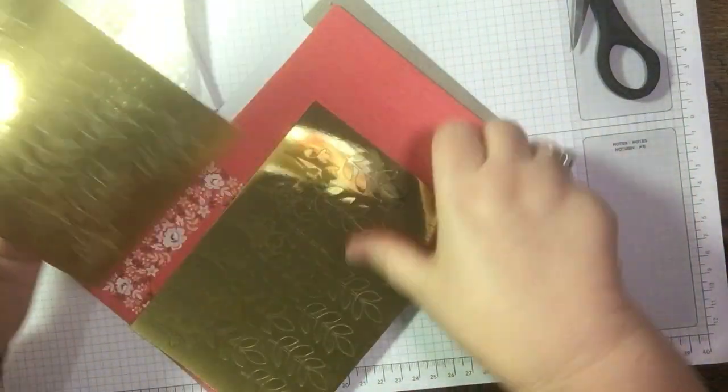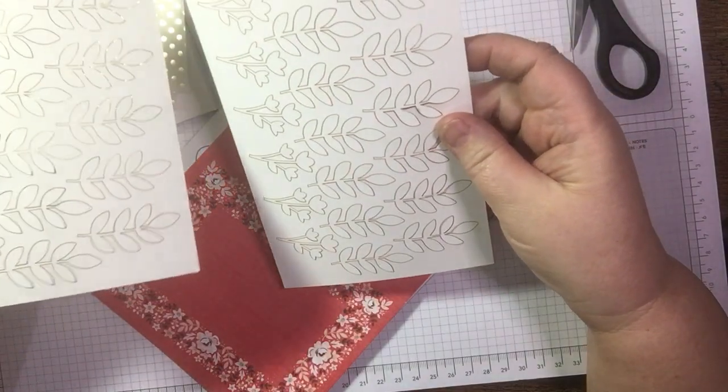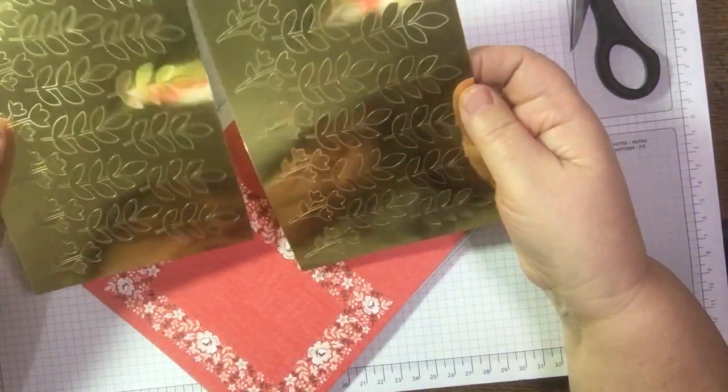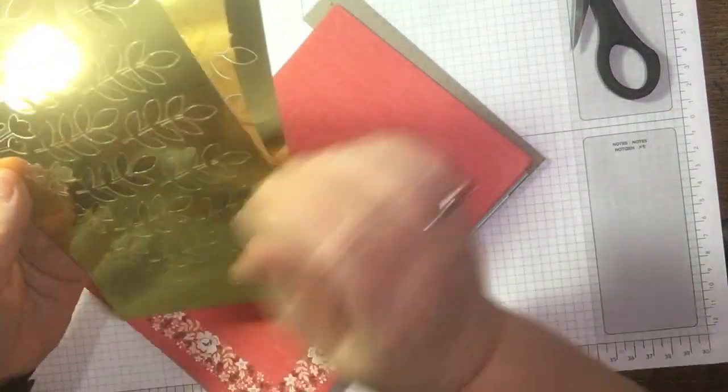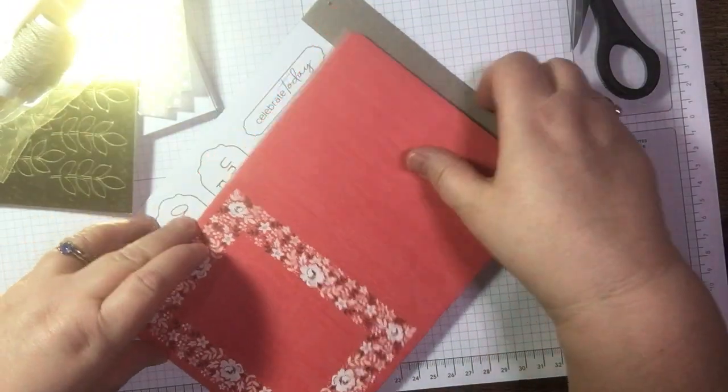Beautiful foiled, 2 sheets of foiled leaves and flowers, white on the back, so you could use inks if you wanted to change that. But look, they're beautifully foiled, beautiful foiling, that's gorgeous. So that's that. Then we have